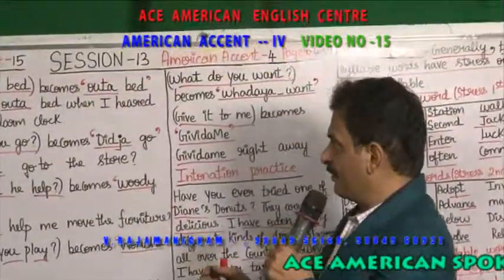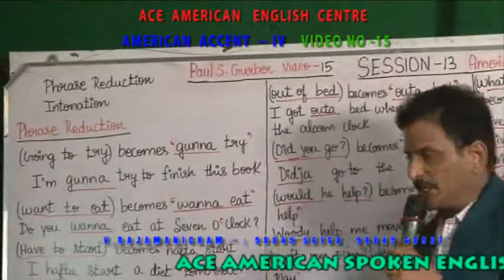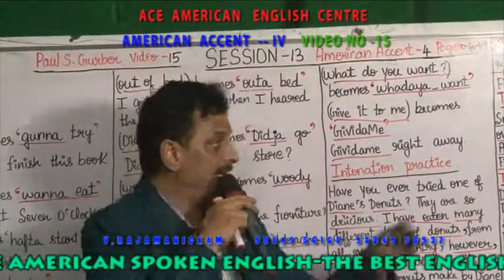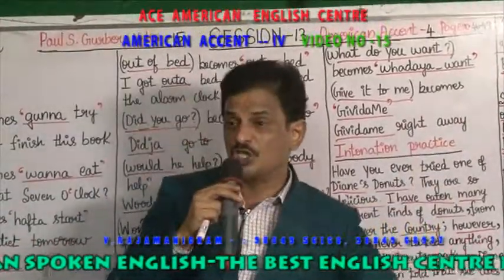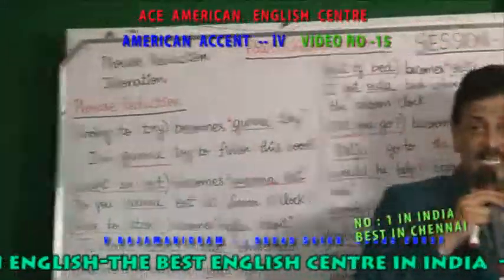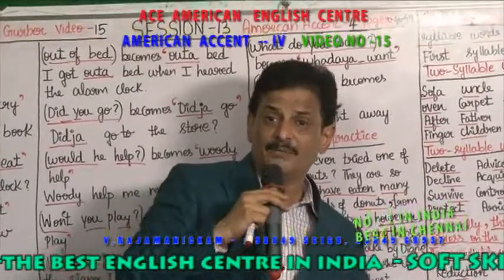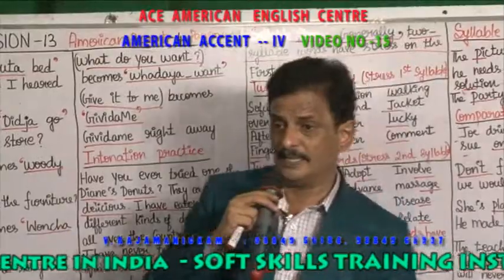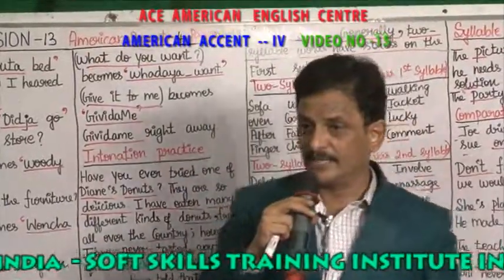ஸோ டியர் ஃப்ரெண்ட்ஸ், இது என்ன பண்ணீங்க? ஃப்ரேஸ் ரிடக்ஷனை பார்த்தீங்க. தென் வாட் யூ ஹவ் சீன், இன்டனேஷனை பார்த்தீங்க. தென் யூ ஹவ் சீன் ஸ்ட்ரெஸ்ஸிங் த சிலபிள் பார்த்தீங்க. ஃபர்ஸ்ட் சிலபிள், செகண்ட் சிலபிள், அப்புறம் தேர்ட் சிலபிள் பார்த்தீங்க. தென் கம்பேரிட்டிவ் சென்டென்சஸ் பார்த்தீர்கள். ஹோப் யூ ஆர் ஏபிள் டு கெட் இட். ஆர் யூ கிளியர்? தேங்க்யூ வெரி மச்.